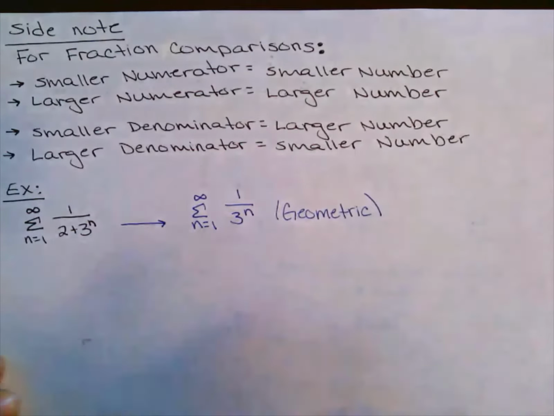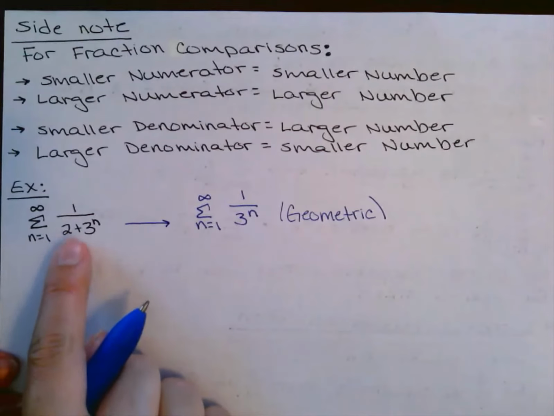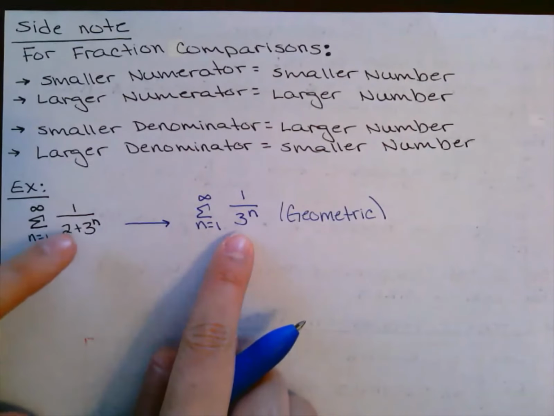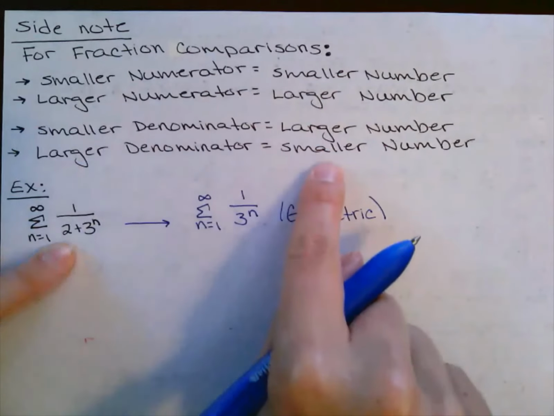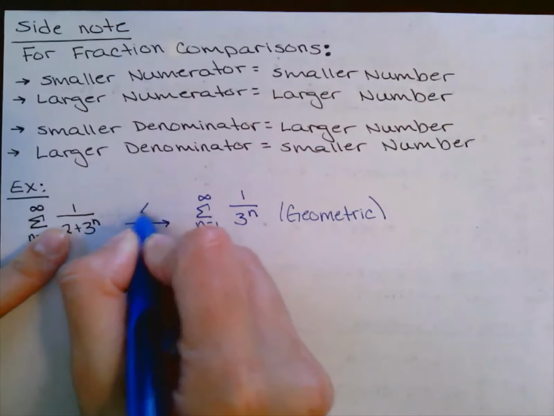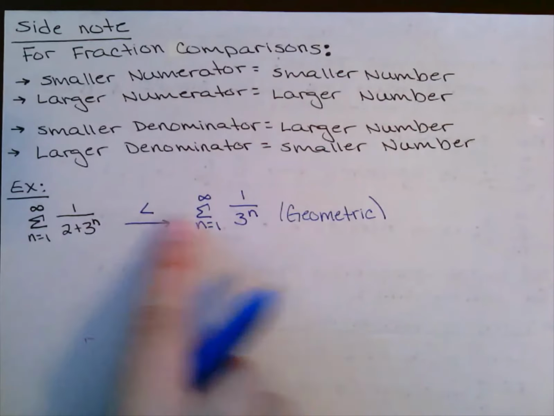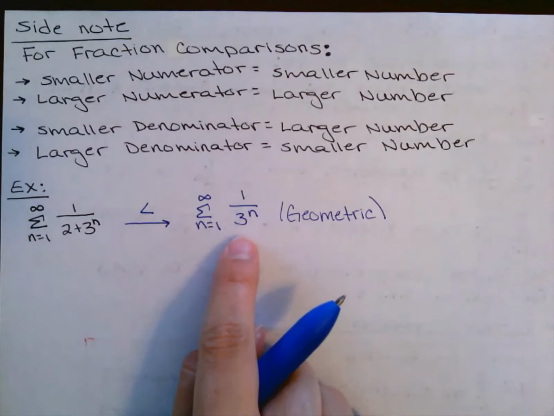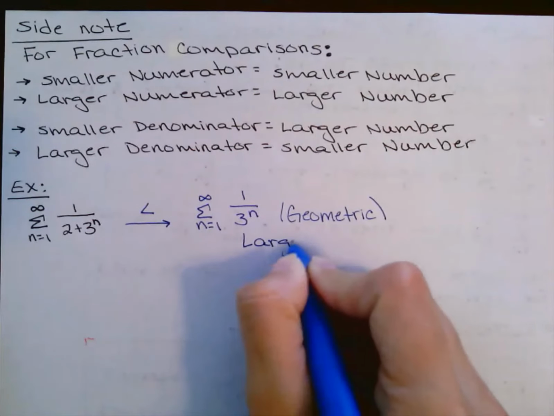My next step is to figure out who is bigger. Well, if this denominator adds 2, it means this denominator is bigger than this one. And if this denominator is bigger, right, larger denominator, that means that this is a smaller number. Okay, so the original is less than what I'm using to compare. So if what I'm using to compare is the larger series,